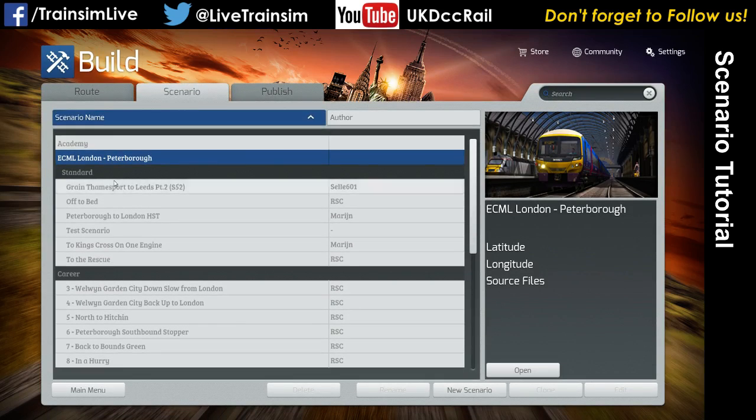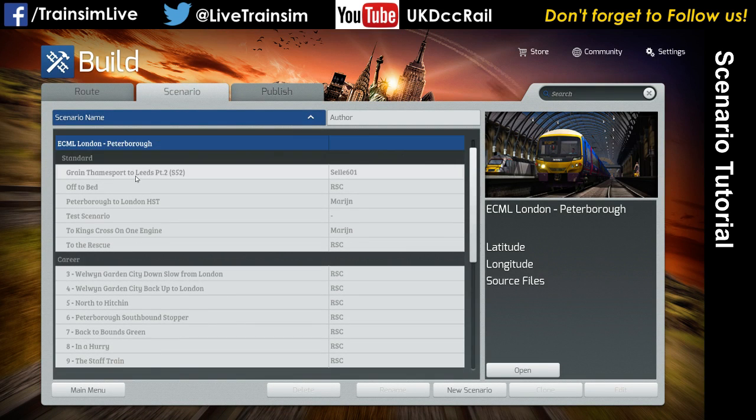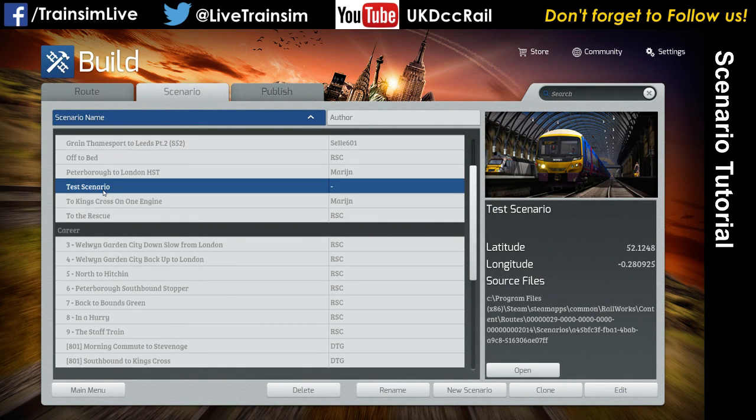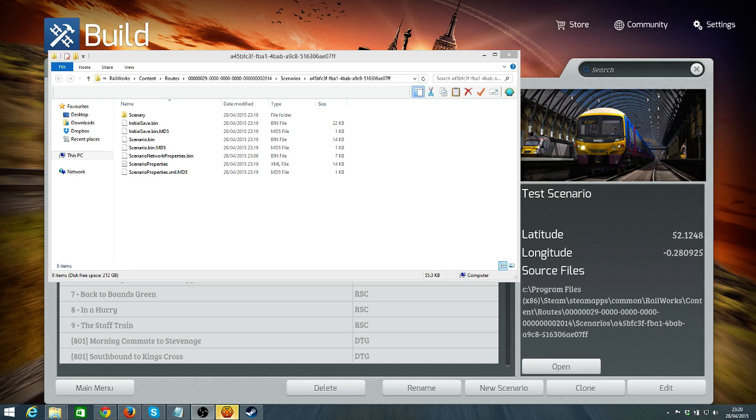So if we go into build, and under scenario, we find our little scenario, which is called test scenario. There is a button called open. So this is the home directory of that scenario. So let's click open, and it's going to pop it up in a window that you can't see. There you go. Now you can see it. Hopefully, can you read that all right? So in this window,